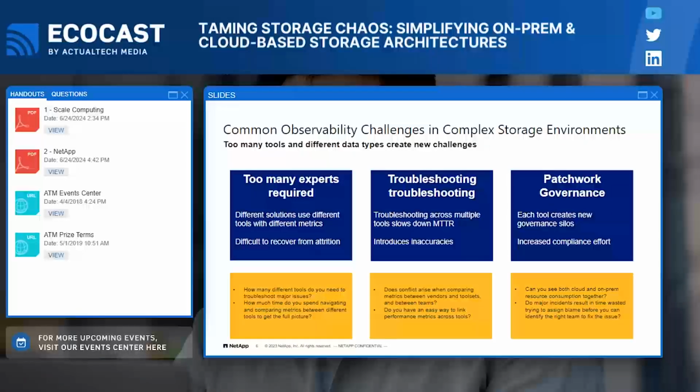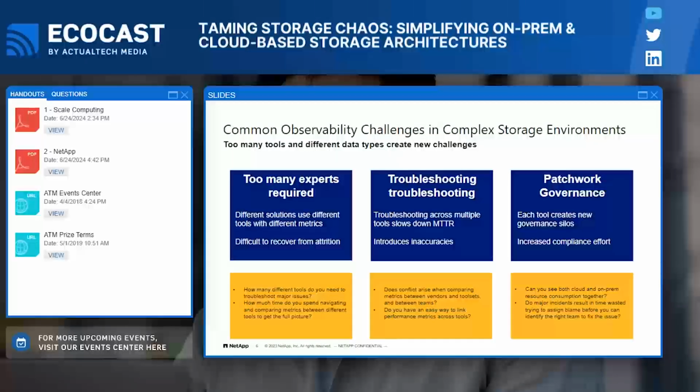You may be working with teams you don't work with often, like the cloud team, for instance, or virtualization, or your Kubernetes team. I used to be a storage engineer. We were always to blame when something was running slow. And I know you can lose valuable time troubleshooting, or worse, introduce inaccuracies and go down the wrong rabbit hole, right? You want to decrease that time to innocence by simplifying the process with a common tool set. And when I talk about a common tool set, I'm not saying get rid of all your vendor tools, because that's not what it's going to be.